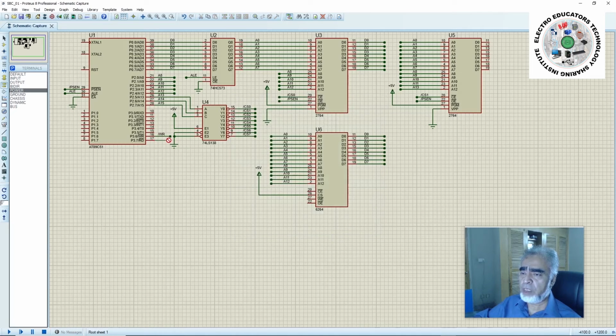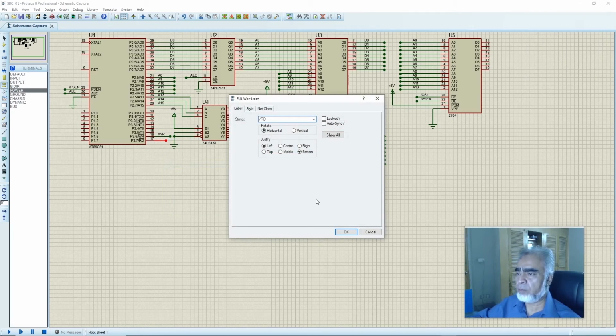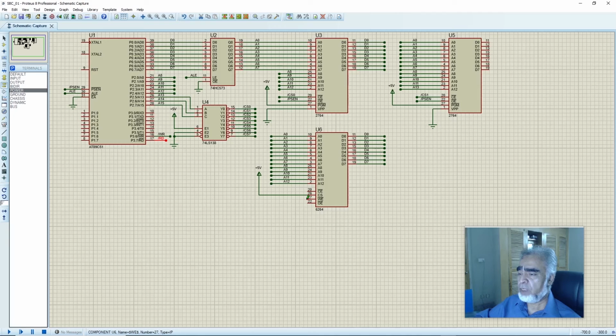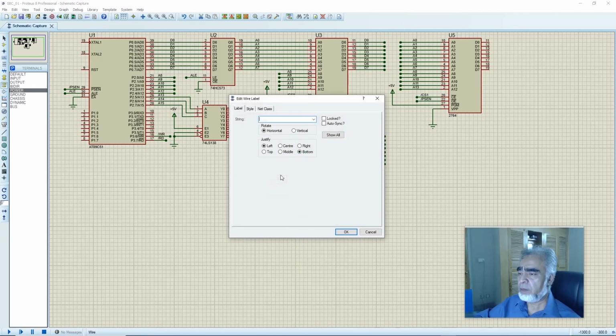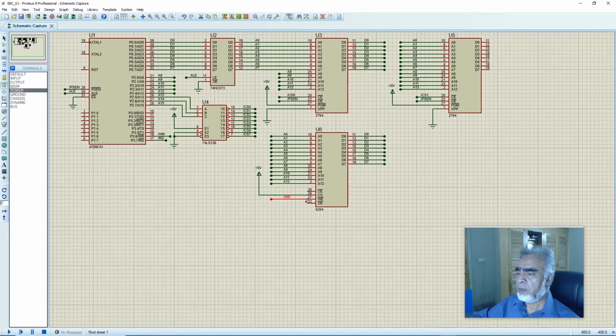And here we will write bar read. And here we'll assign the label bar write. And here we'll assign the label bar read.